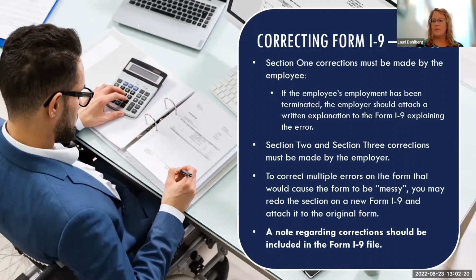They had originally provided a passport. We couldn't confirm the numbers on it. So this time around, they provided us with a driver's license and a social security card. You'll want to document that and just have that attached to the corrected I-9. In the end,